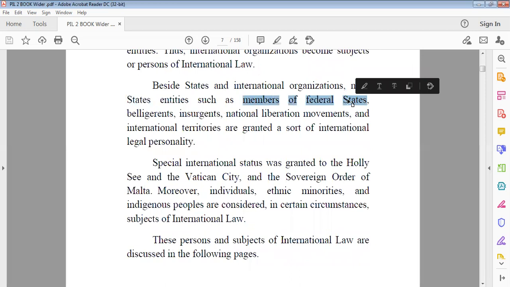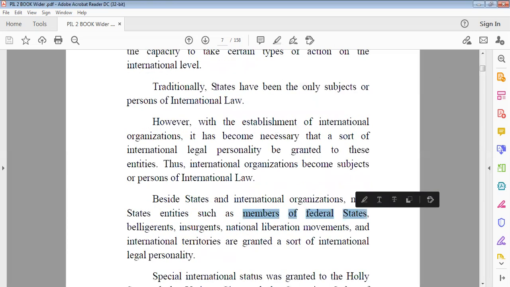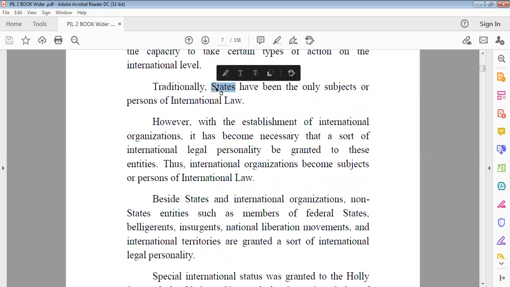There are entities that are not considered states, but they combine with each other and can constitute a state, and this is what is called the federal states. Like the US, for example, it consists of different small states. When they combine all together, they constitute a state. Now, the state of the US has the legal personality because it's a state, and states are the first